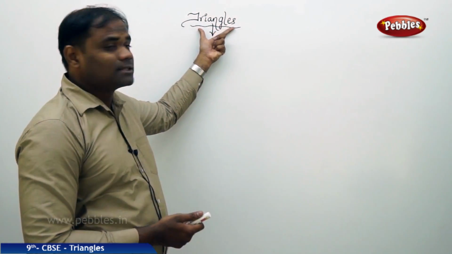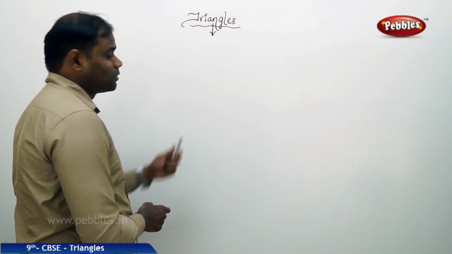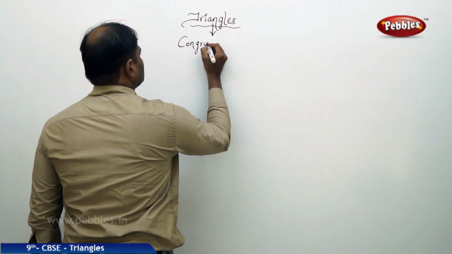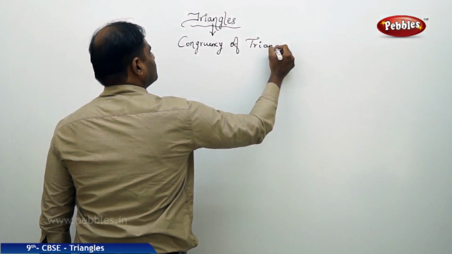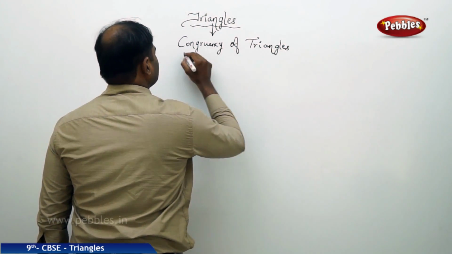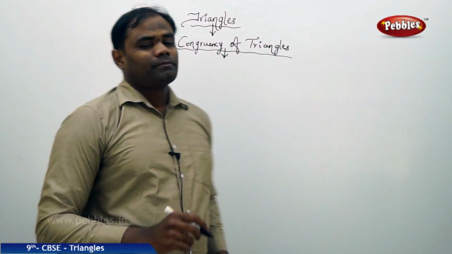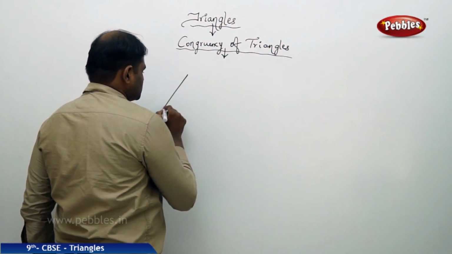Now that we have discussed congruency of two different quantities, now comes the concept of discussing the congruency for triangles. So let's see the rules for congruency of triangles. The topic of the session: congruency of triangles. So for example, I have two triangles